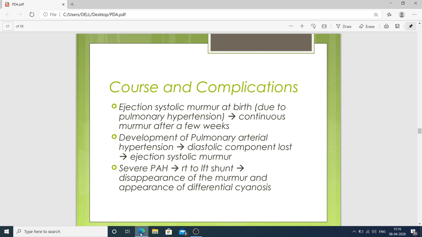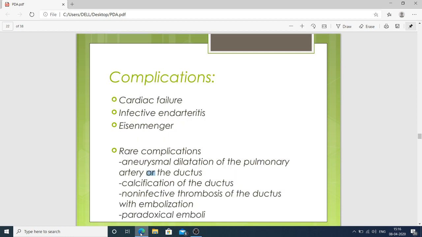Then development of pulmonary arterial hypertension, the diastolic component is lost, leaving an ejection systolic murmur. Then severe pulmonary arterial hypertension, because right to left shunting is going on there. Disappearance of the murmur and appearance of differential cyanosis. Then what kind of complications occur here? Cardiac failure, infective arteritis,